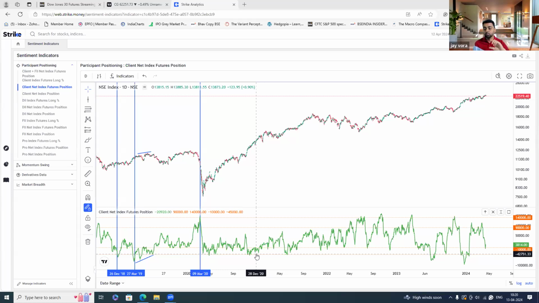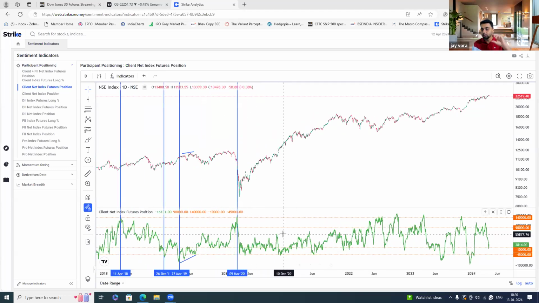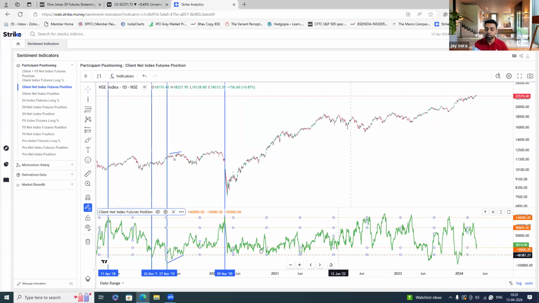So the ones who are in a gaining position may not want to get out of that position as long as they don't see a meaningful trend reversal, right? So that's where you will have bouts of selling in between, and these positions will get corrected. But you need to understand what is the range that is working well right now, because